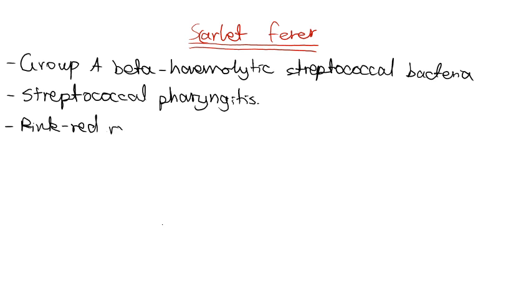And that makes sense because this condition itself is called scarlet fever. So we would kind of guess that the rash itself would be red. This rash is usually present on the abdomen, so across the abdomen of the child, on the side of the chest,